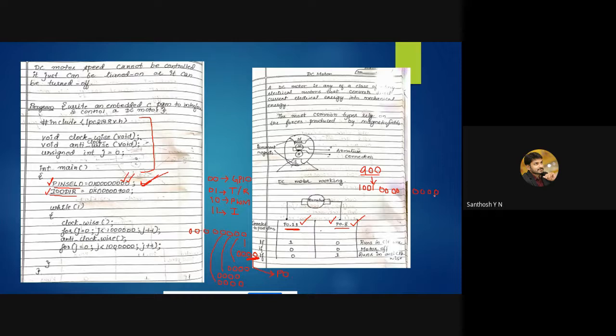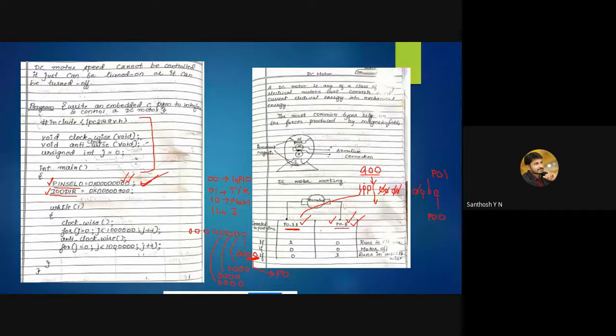This bit is used to control port pin P0.0, this bit for P0.1, this bit for P0.2, this for P0.3, this for 4, this for 5, this for 6, this for 7, and this is for 8. See here, we are controlling the 8th pin, we are not controlling the 9th or 10th, and we are controlling the 11th, and we are making it 1.